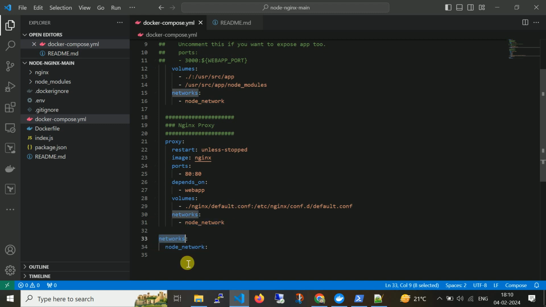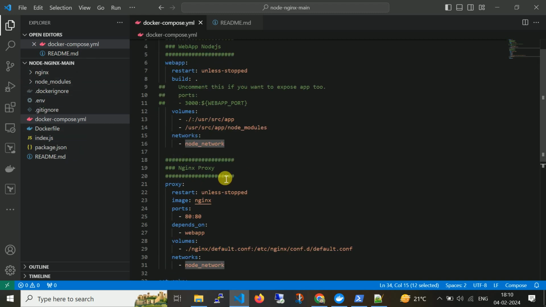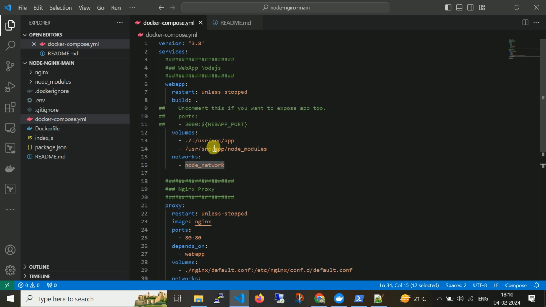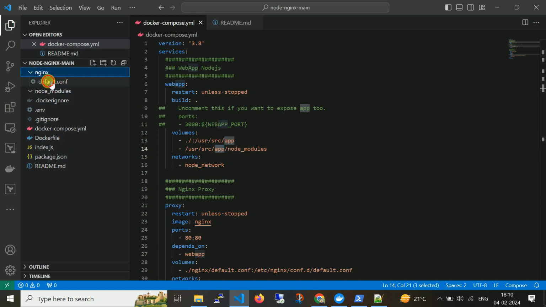And I also define the network as node network. So first take the example /usr node modules. If you have any node modules, then it will mount with the node modules. Then the remaining Nginx stuff, default.conf.